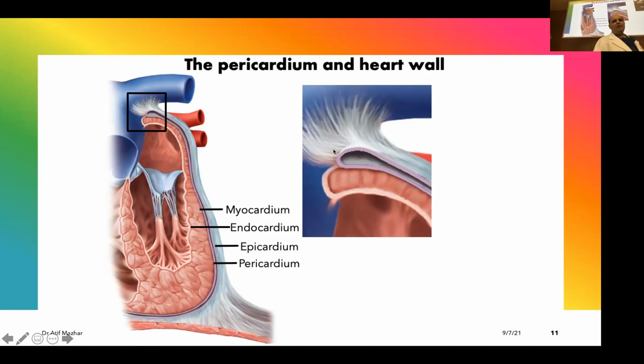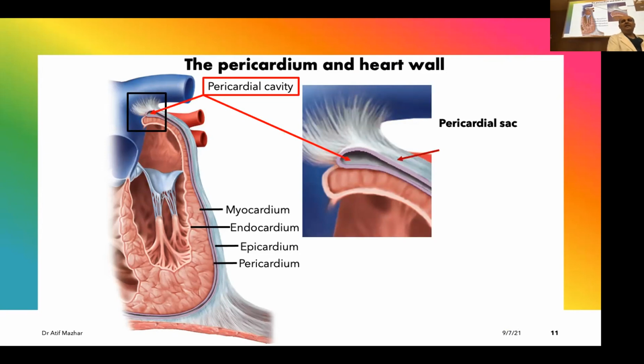We were talking about it with my fist. The heart is like my fist. And can you see that? The balloon has been folded on itself. If I say the inner one was blue and the outer one was red, we learned that the inner one was the visceral layer and the outer one was the parietal layer. So now this is the pericardial cavity, and then the pericardium outside is a fibrous layer.